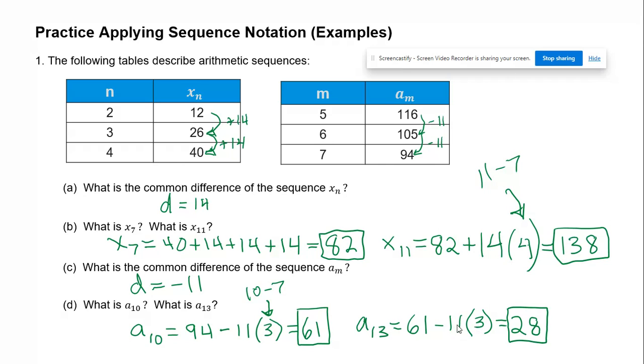The number of times that I subtract 11 comes from 13 minus the 10th term, okay? So 13 minus the 10th term. That's how I get the 3 there, right? So the 13th term is what I want to know. The 61 comes from the 10th term here. So I say 13